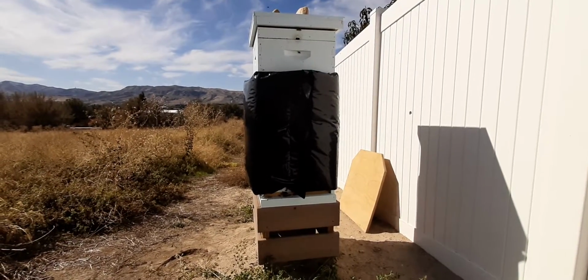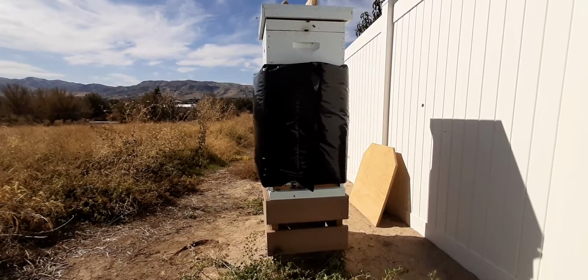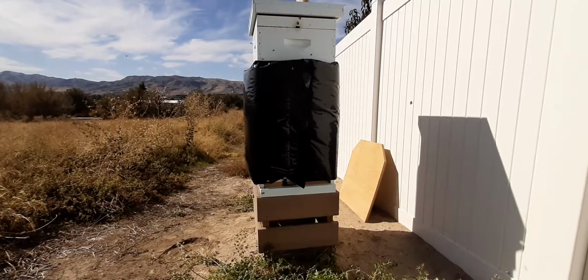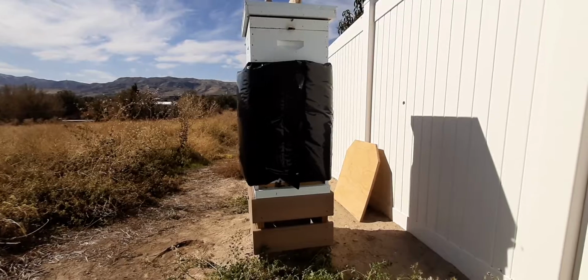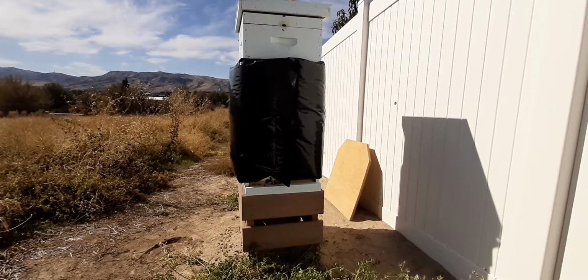Hey all, Wolfie's back. We're out here at Saskatraz Hive, up behind my old place. We just got finished moving and settled in. Still got a lot of unpacking to do, but